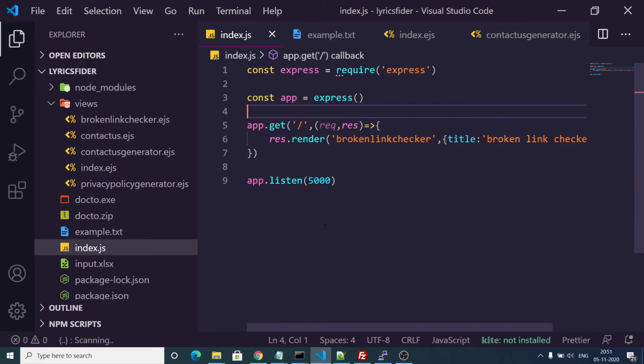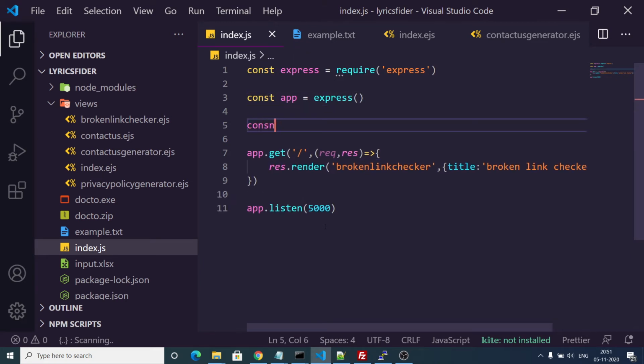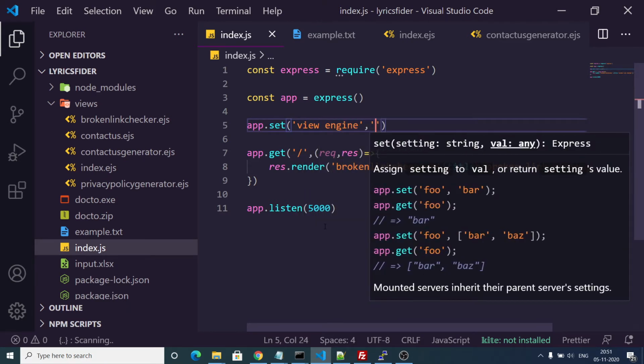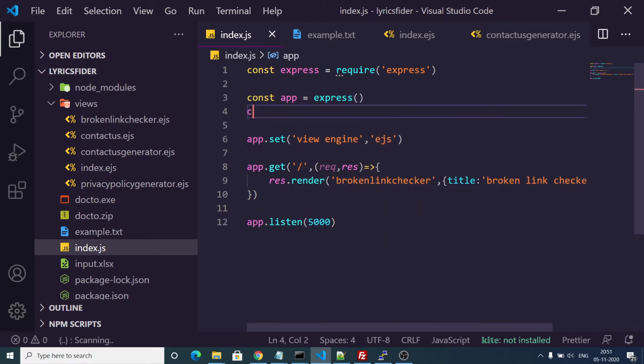As I already told you, we are using EJS, so we can set the view engine like this: app.set view engine, and the second argument you provide is ejs. We also need to use the body parser middleware for fetching the data from the form.